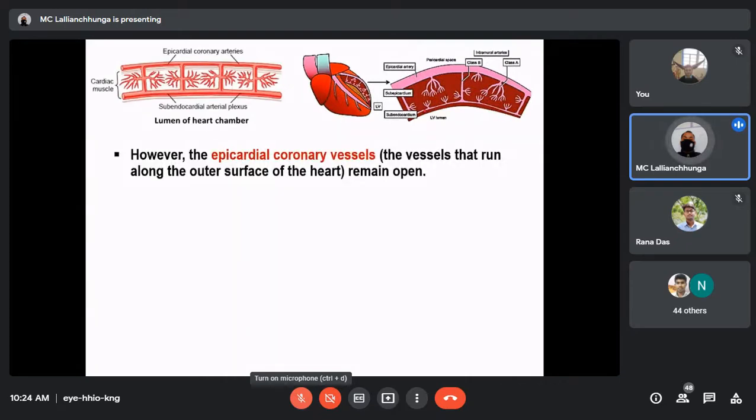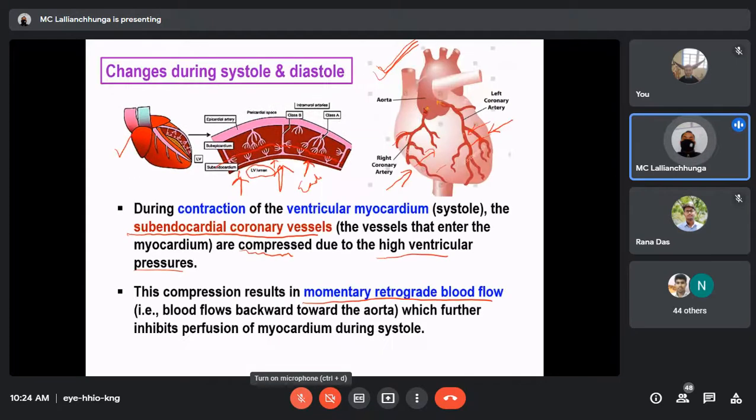But now here is another point. In the first diagram I told you that the subendocardial blood vessels are compressed, and they are not available for supply of the heart tissue. But on the other hand, if you see the other end, that is the epicardial artery, the blood vessels which are present in this epicardial region, that means the myocardium closest to the epicardium, the outer covering of the heart, they are not